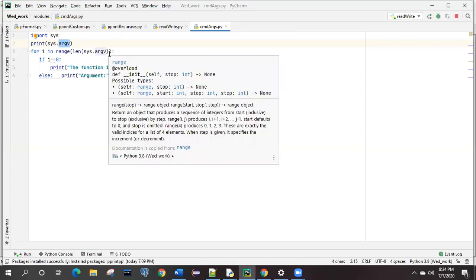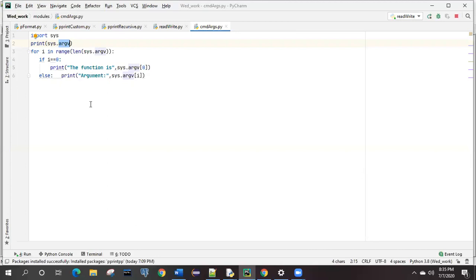But here what we are doing is taking the input length. Where are we getting the input from? We need to pass it from the command prompt or the terminal from where we are running. We are not running this program from this editor. Whatever number of arguments you give from that command prompt, suppose you give 1, 2, 3, that will be the length by this line.